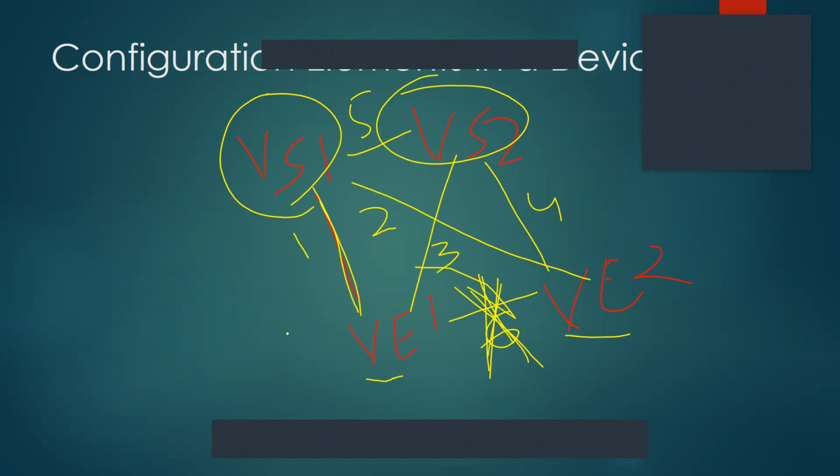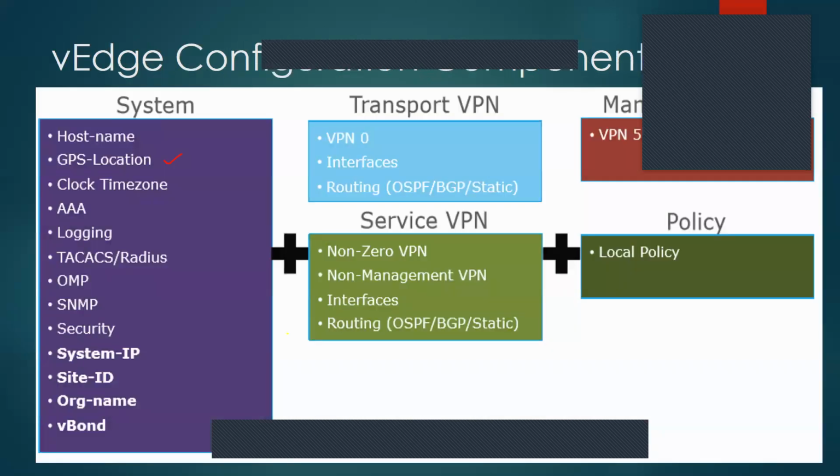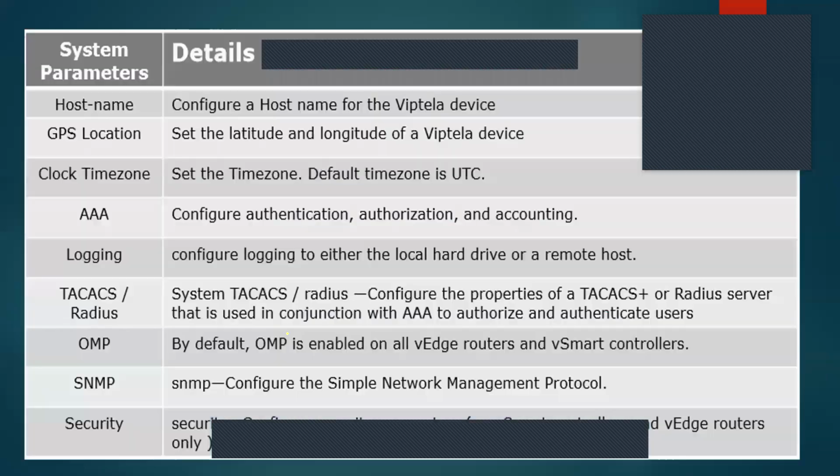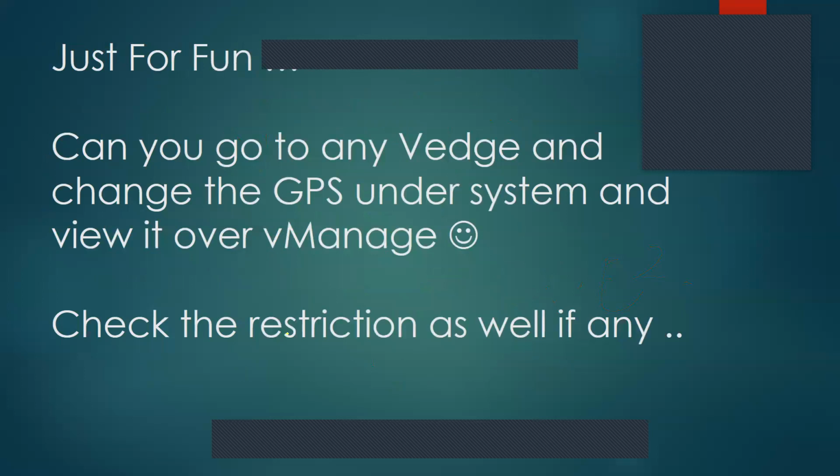You can push the configuration, and it will tell you how it is going to the devices. Okay. All right. Let's move on to next slides. There is one task, just for fun: can you go to any edge device and change the GPS under system and view it over vManage? Check the restriction as well. What is the restriction? You can't directly log into the device and change the configuration. Either you have to break that relationship and then do the CLI configuration, or you can go and edit the template, and then it will be